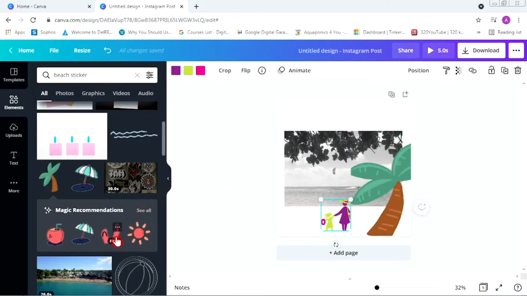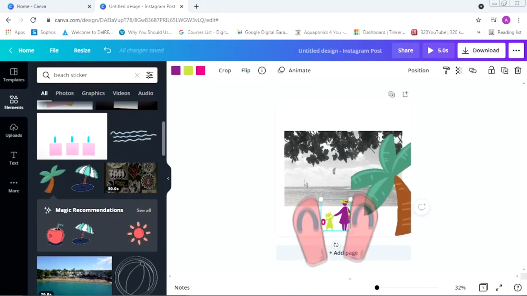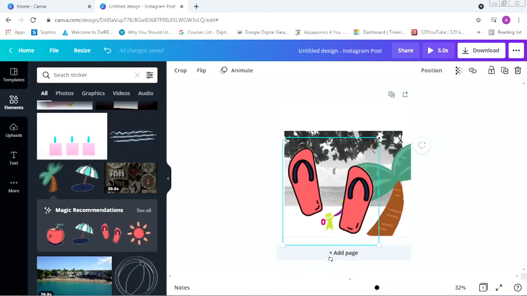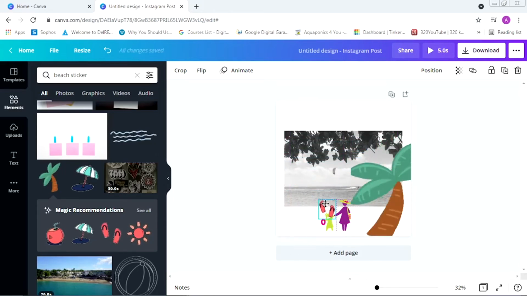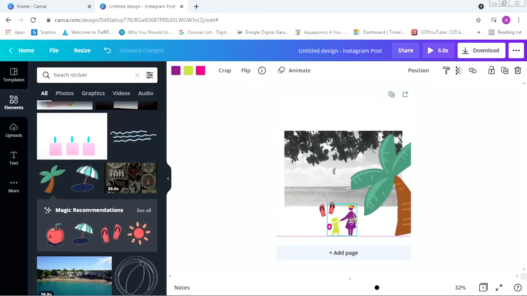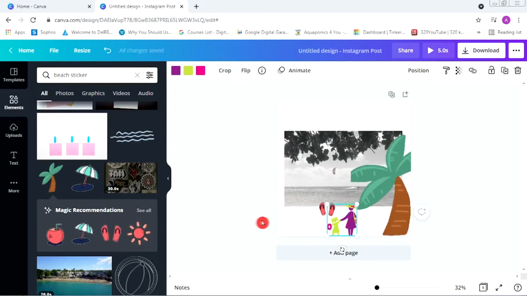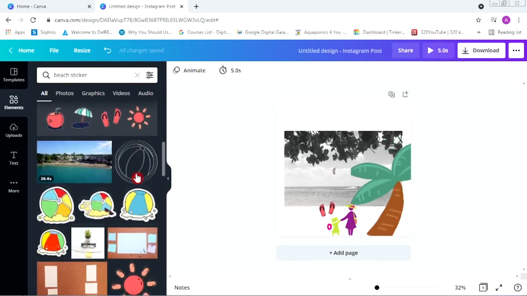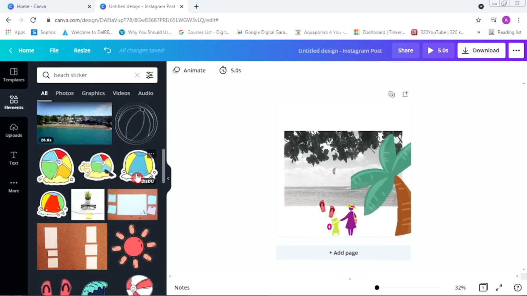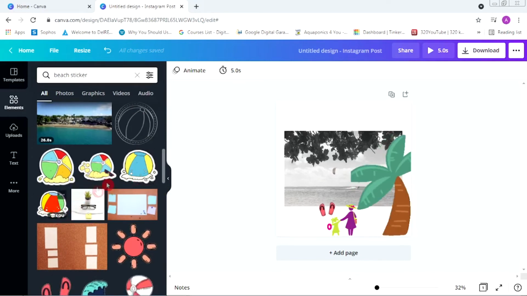And let's add a few more stickers to the image. This is how we can add various images and stickers to it. We can also add a few more. Let's say we add this beach ball over here.